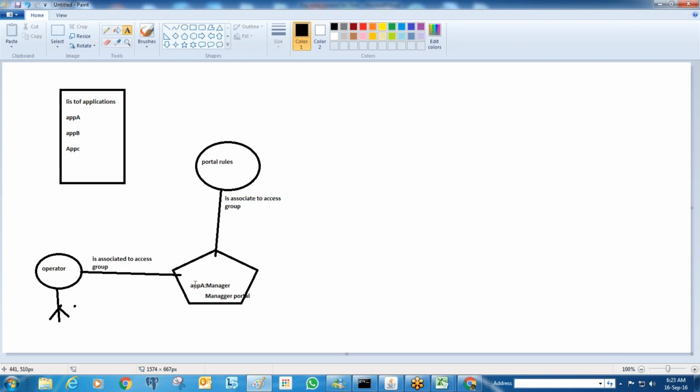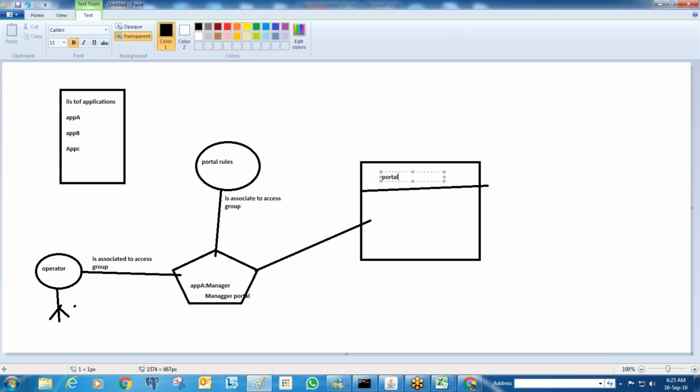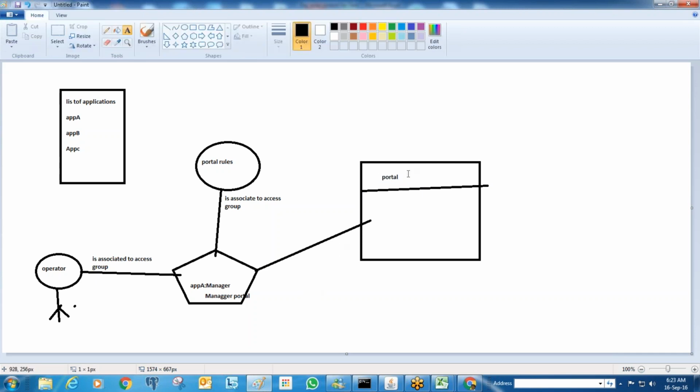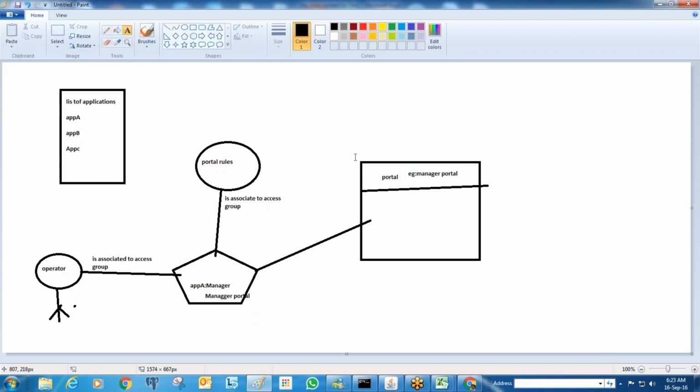The access group says what is the application I have, what is the role I am performing, and what is the portal. When the system executes all these things, the output will return the portal. In this case, it is a manager portal. That is what is happening internally.